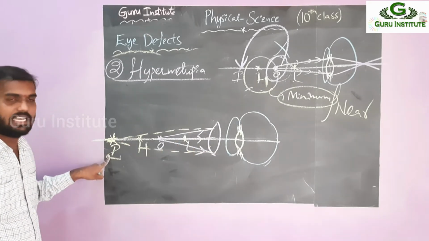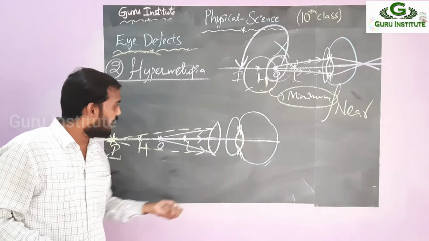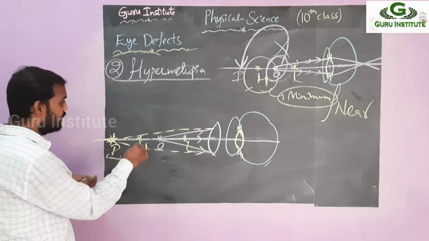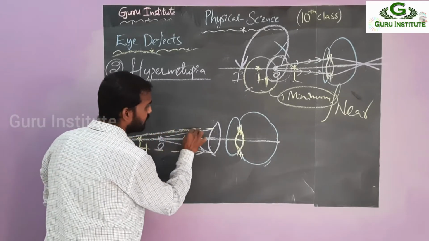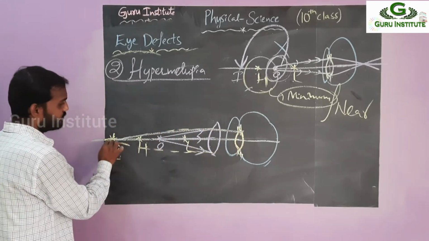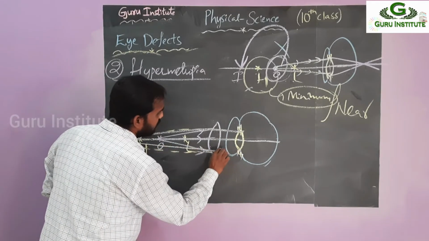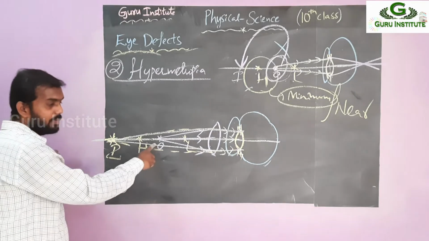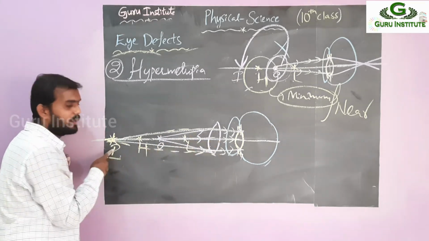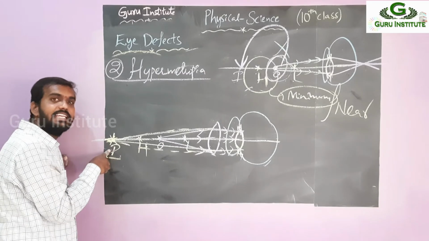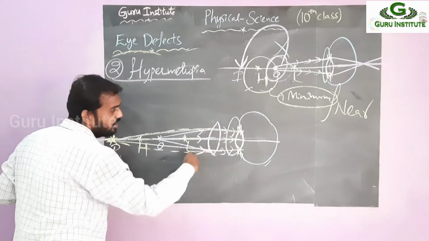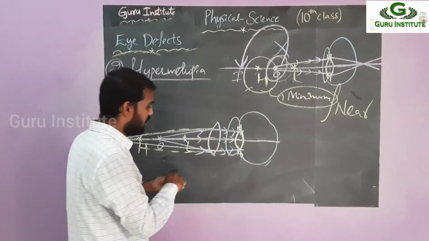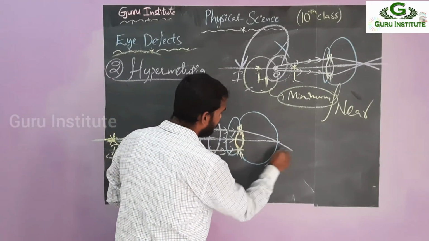Now this image acts as the original object for our eye lens. So then these rays we have to move to that side like this. See here, first one, and the middle is always second, and the third one is moving like this. Just see here, the object is here, falling on this one, the image is formed after H. Now this image acts as the original object and the rays are coming from this one and falling on our eye. So then the image is formed on the retina.